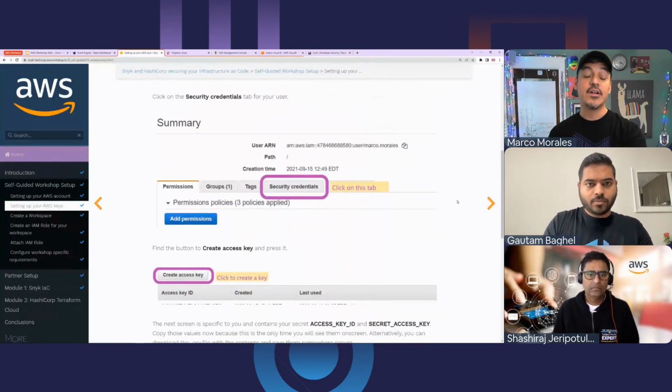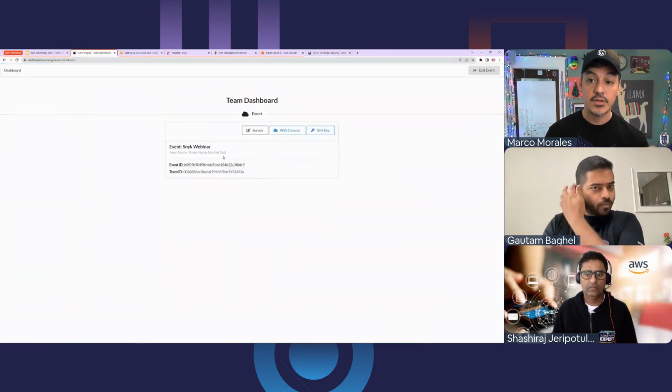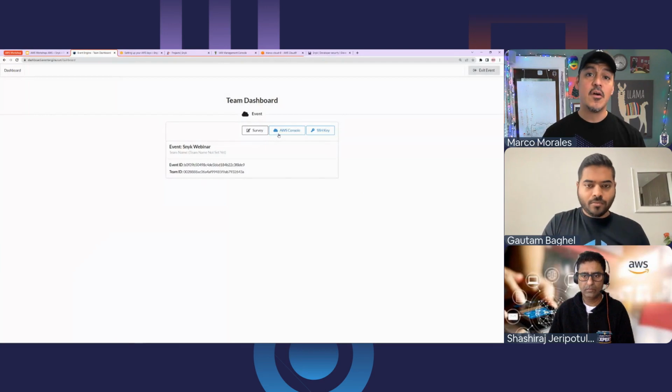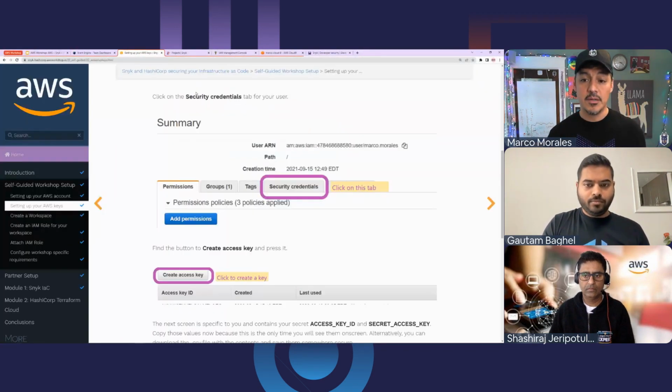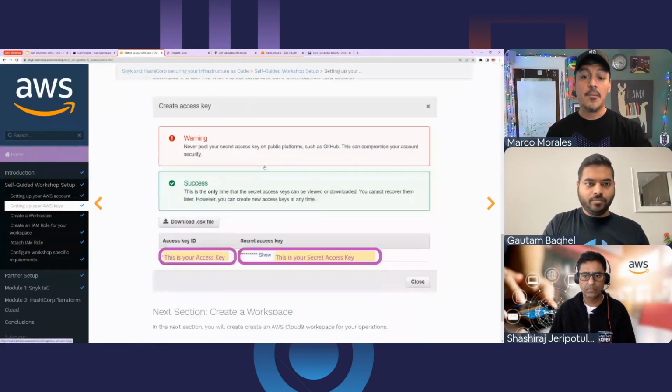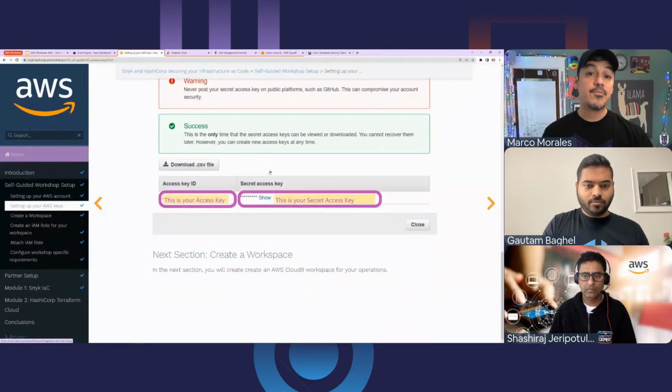You have your security credentials, which are shown in your AWS console for the event engine. If you type this in, I'm not going to do it because what happens is the keys get shown and I don't want people stealing my keys. But clicking on this button here will give you your AWS keys as you would need them. So you've got those. You can copy them, just put them away in your favorite text editor so you can use them later on for the rest of the workshop.